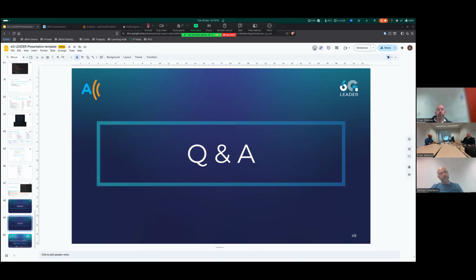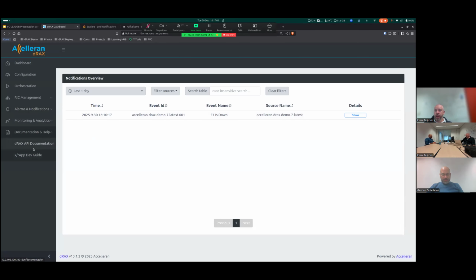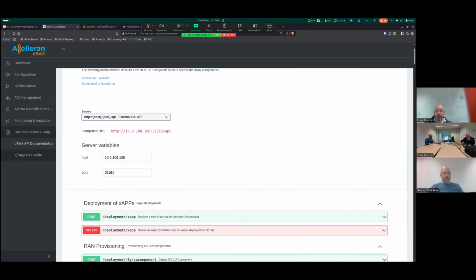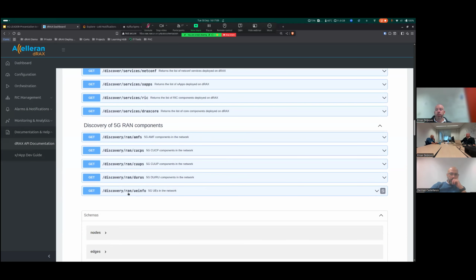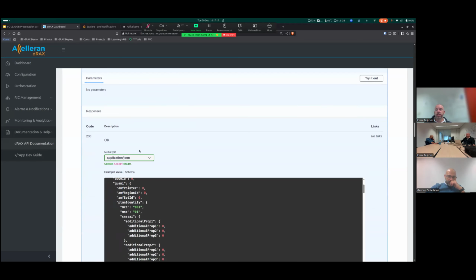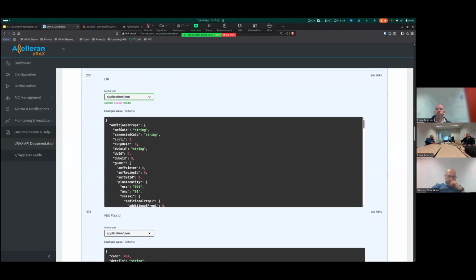When we did this integration, with this xApp, we've done discovery of the RAN, but let me just show you on our API. We have an API, as we saw, for discovering the RAN, which is this one over here. But as you see here, we also have a discovery method API for UEs. If you click this one, here is an example of how the data would look like. You can see that we will have some kind of identifier on the RIC level, and then you have all sorts of UE identifiers on the CU level, on the DU level, the AMF to which it's connected, and so on.